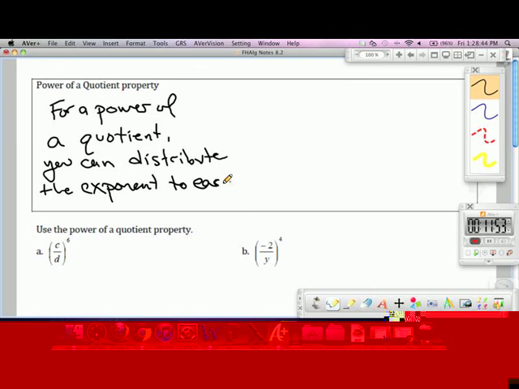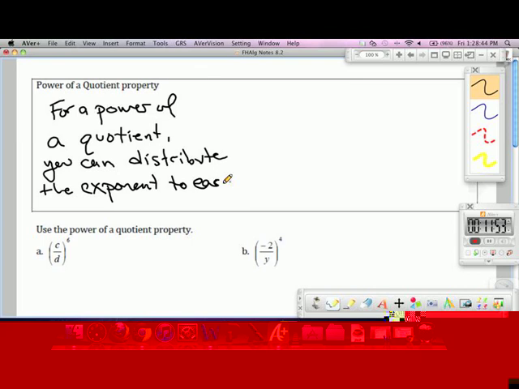Negative 8 times negative 2 is, what is that? Negative 8 times negative 2 is positive 16. You could equivalently write this, you could simplify negative 2 to the 4th. I claim that's a reasonable number. 16 is not too bad. If you left your example as negative 2 in parentheses to the fourth, I probably wouldn't take off any points there at this level. But